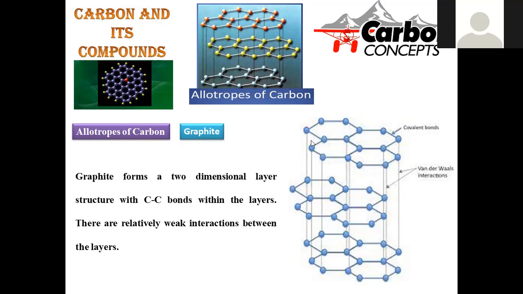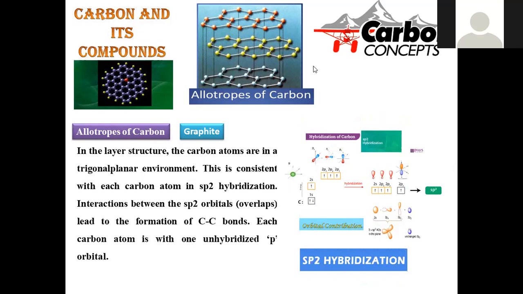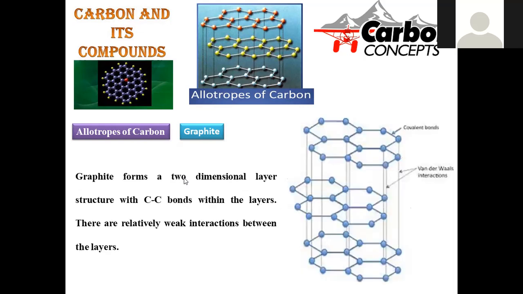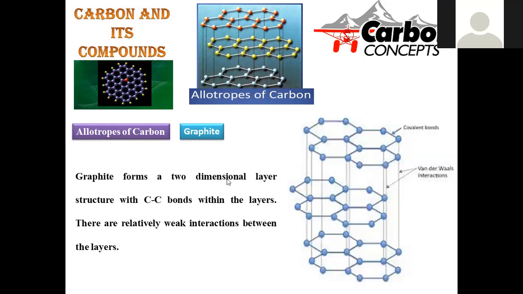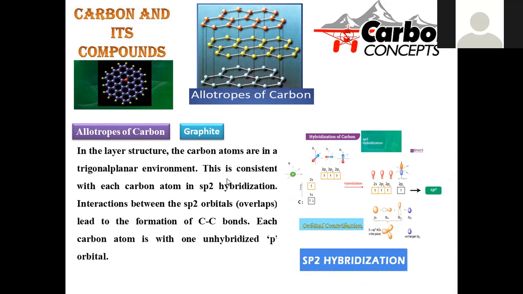And moreover, carbons are arranged in such a way that all are in a hexagonal arrangement. All the ring structures are associated with the hexagonal arrangement. These are relatively weak forces of interaction lying among the various layers, so that they have the property of lubrication. In the layered structure, carbon atoms are in a trigonal planar environment. Trigonal planar, being sp2 hybridized carbon, is associated with graphite. In diamond sp3 hybridization is there, but in graphite you can observe sp2 hybridization. That's the reason why trigonal planar geometry is imparted. All the carbons lie on the same plane, which is denoted as planar geometry.